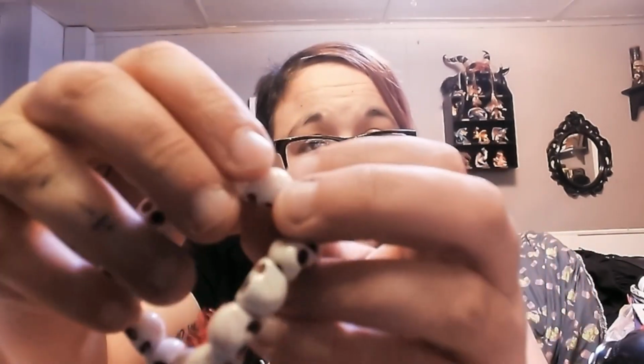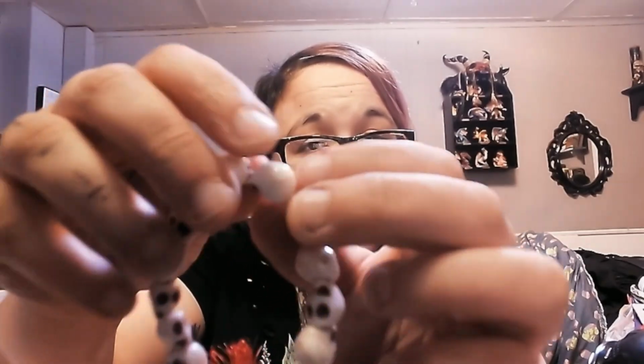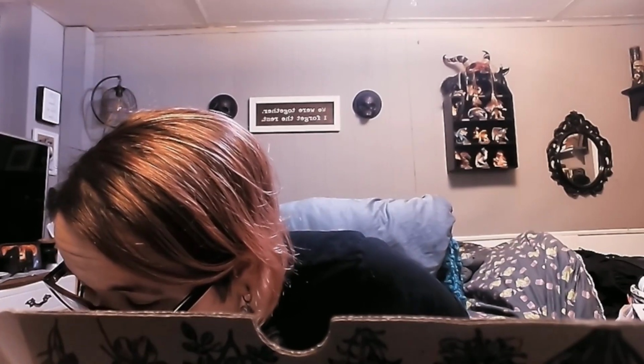But, yeah, these beads have a red, I can't tell if you can see it. Hopefully you can. In the crackings, they are red. And they have like a brownish eye, and they are little skull beads. So let's, itchy nose. Sorry, itchy nose. Let's read about this because I don't know enough about this to feel anything. So,